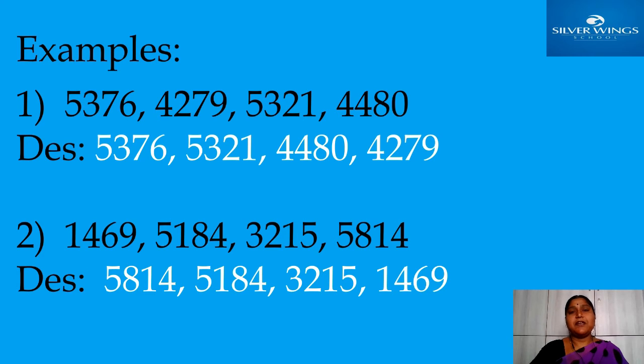In the extreme left thousands column, you should see the digit there. In the first number there is 5 in the thousands column, the second number has 4, the third number again has 5, and the fourth number has 4. So 5, 4, 5, 4. Overall, 5 and 4 are the only digits. Which is the big number? 5 is the big number, but 5 is in two numbers, in the thousands column. Now you should look at those two numbers only. Don't look at the other two numbers which have 4 in the thousands place.